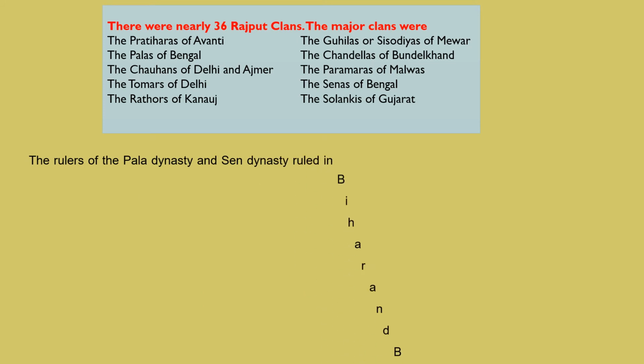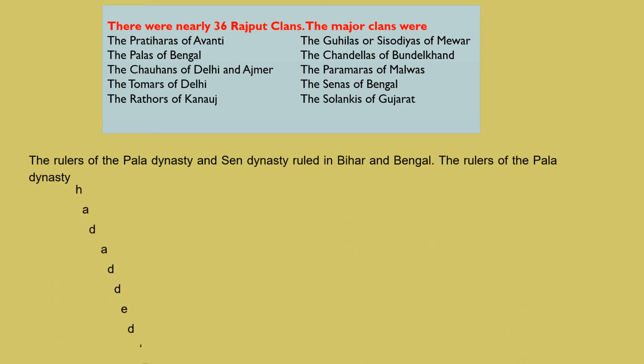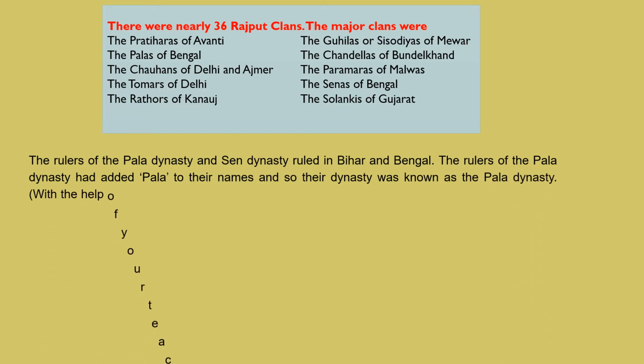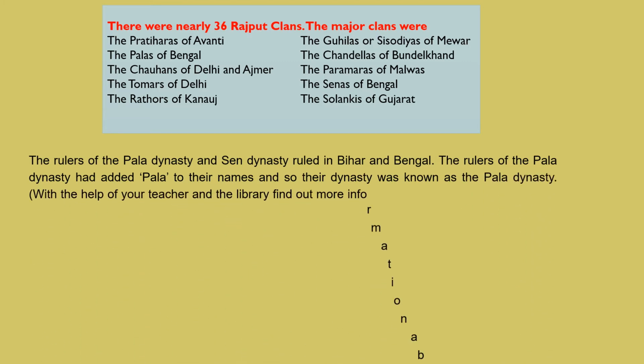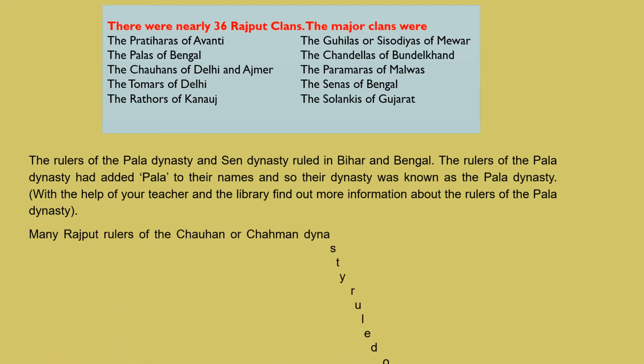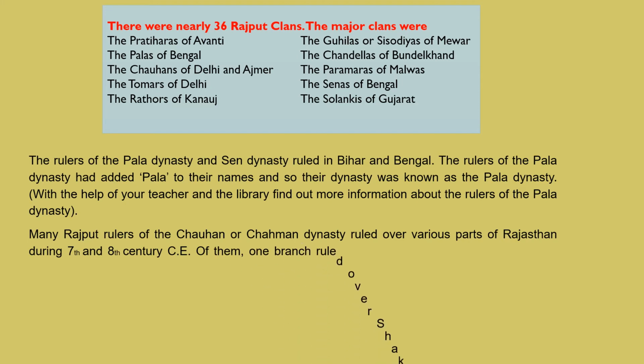Children, this is for your information only. There were nearly 36 Rajput clans. Clans means, children, they were interrelated to each other like cousins, no? They were interrelated to each other. So there were totally 36 clans in India, and out of that,